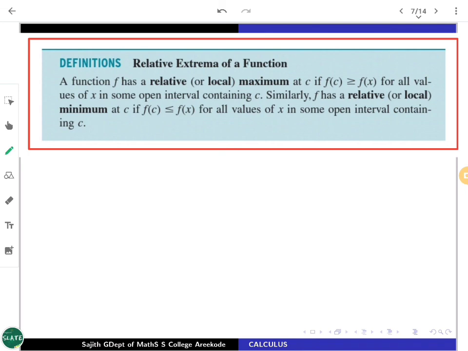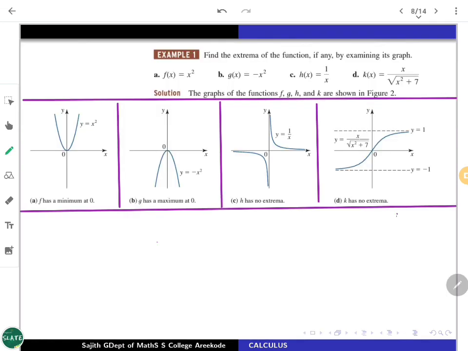These notions, global as well as local, will be helpful for us. And once again, we can look at a graph of a function and how these extrema are connected with calculus, I mean differential calculus especially, that we are trying to look at now.